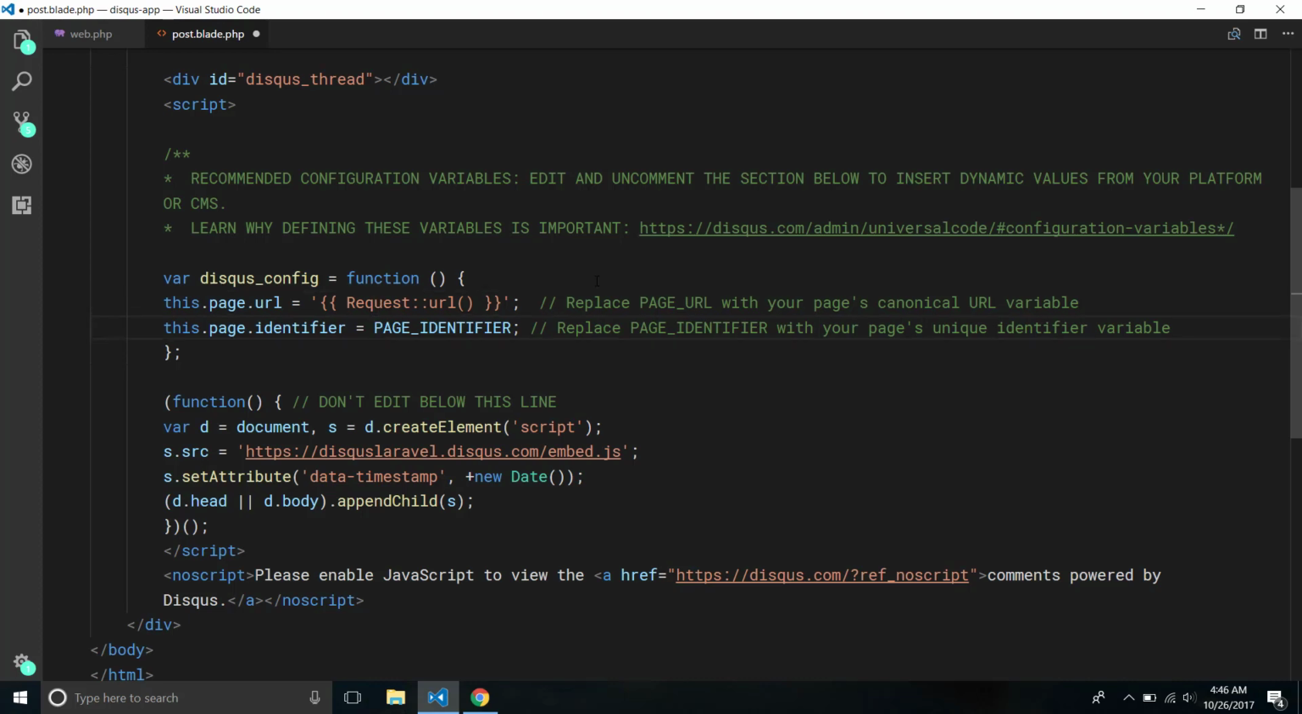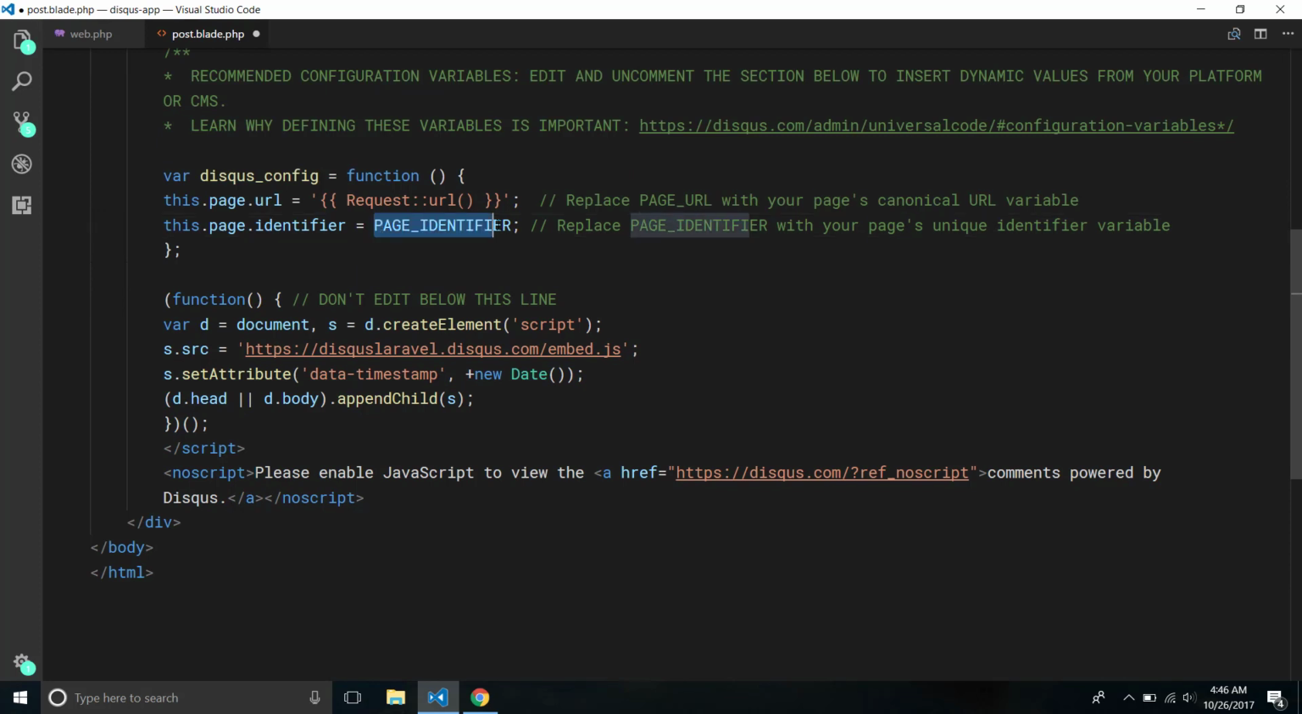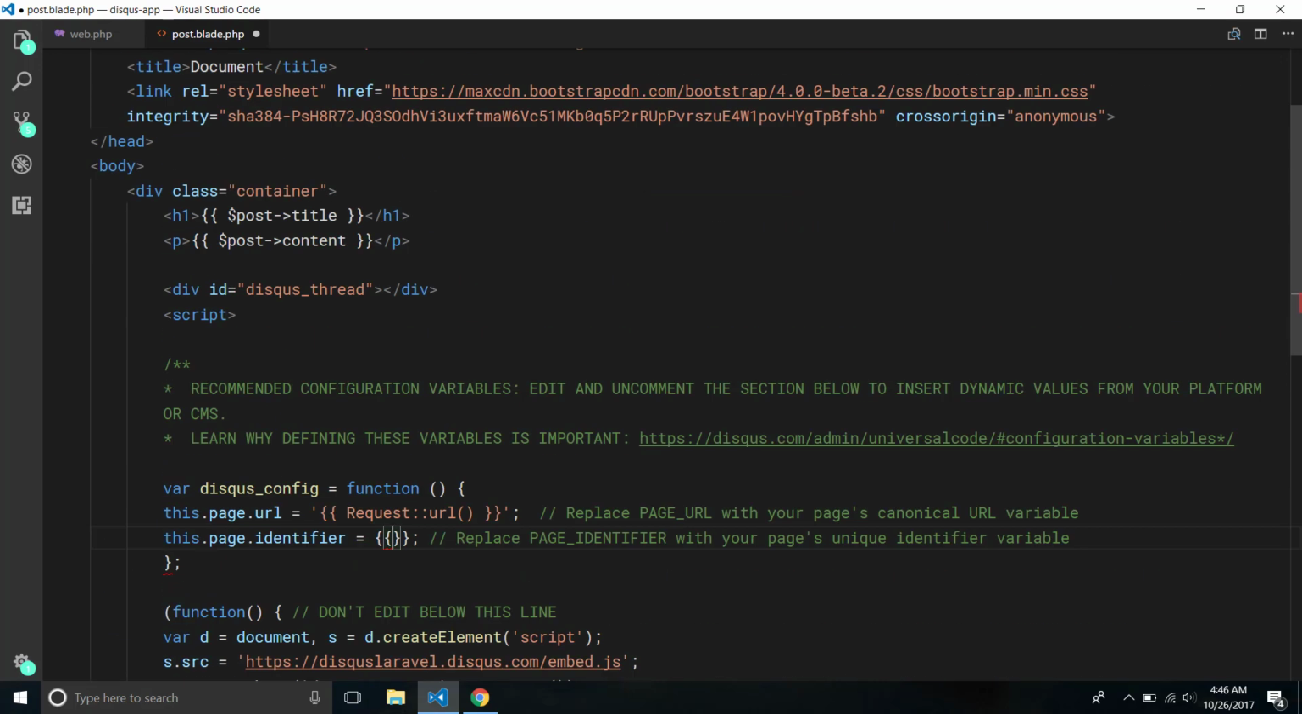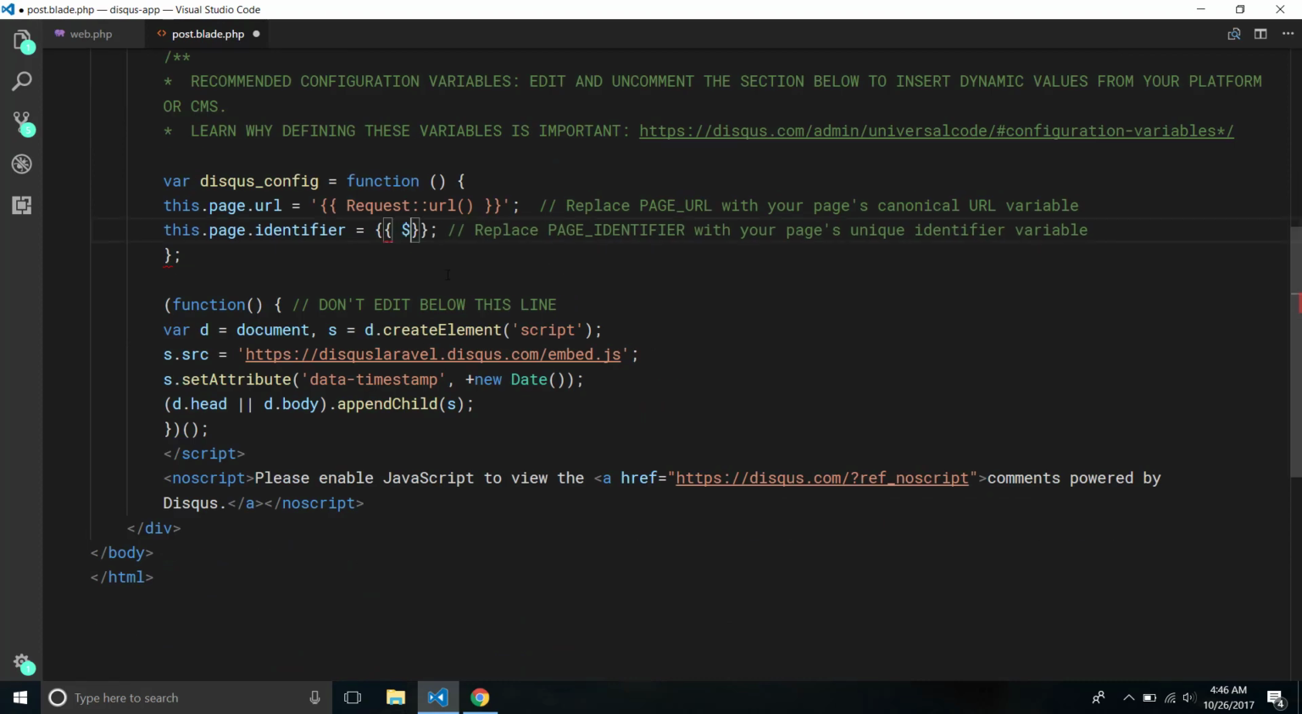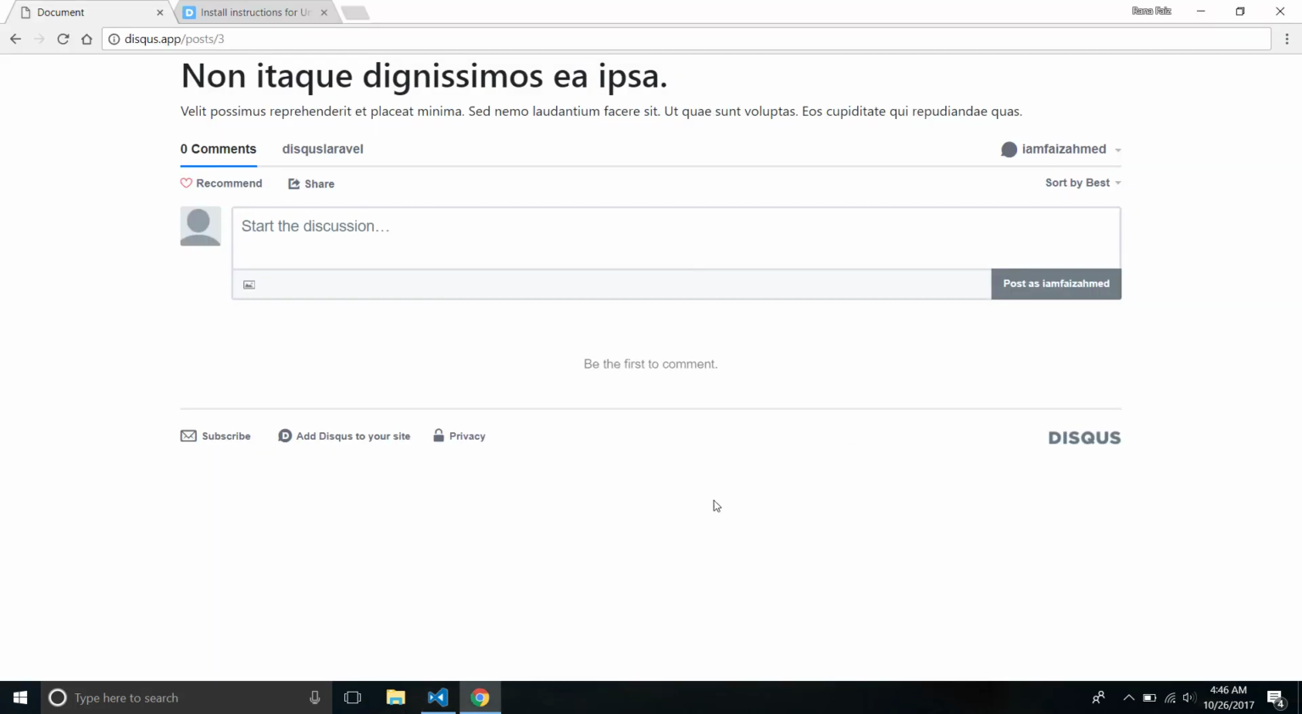So next we need to do a page identifier, which is the unique identifier variable, which basically will distinguish between each posts. So we already have this post variable here, it's post ID, and that will basically take care of it. So now if you go ahead and refresh the page,